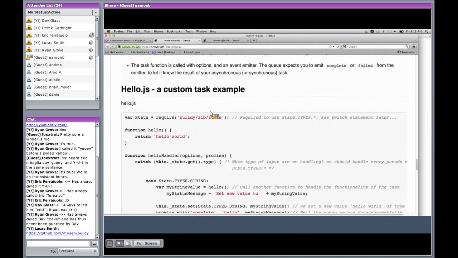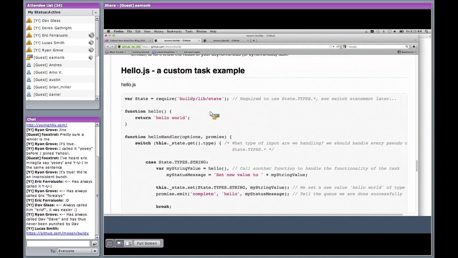Okay, and then the state is all of what has been fed into it from the prior tasks? Yeah, the state object just encapsulates the output from the previous task, and then it's up to you to set whatever the new state will be and identify what kind of thing it is.